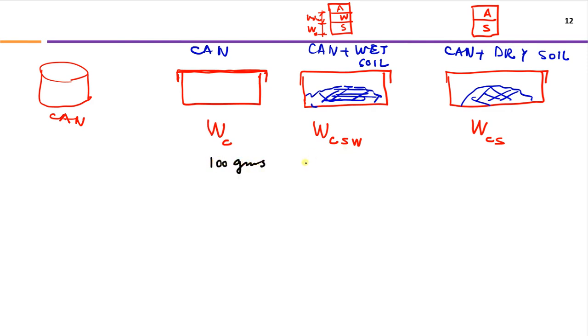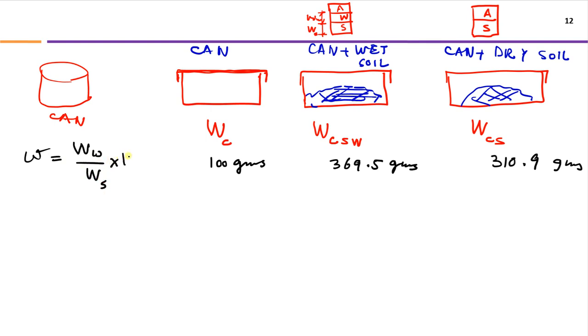We bring some soil with some water in it and we put it in the can and we do the weight again. Suppose this comes as 369.5 grams. And then we put it in the oven for 24 hours, and after 24 hours we do the weight again, and this comes as 310.9 grams. Why is it reduced? Because water has evaporated. So how can we find out the water content? Remember, the formula for water content is weight of water divided by weight of solids,